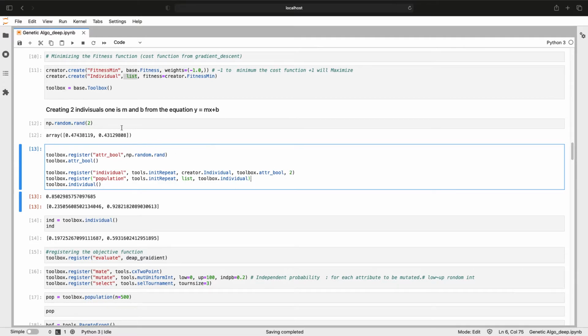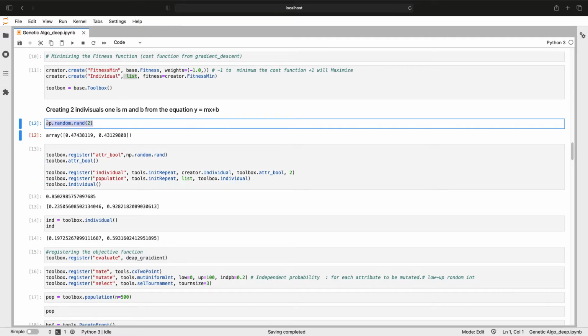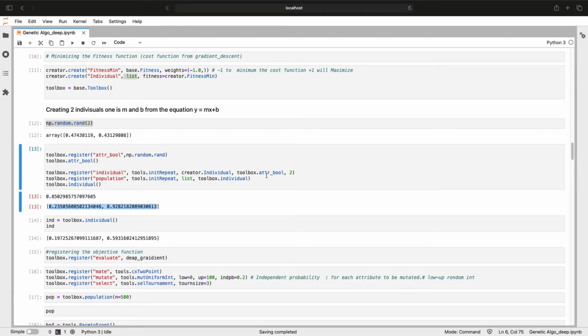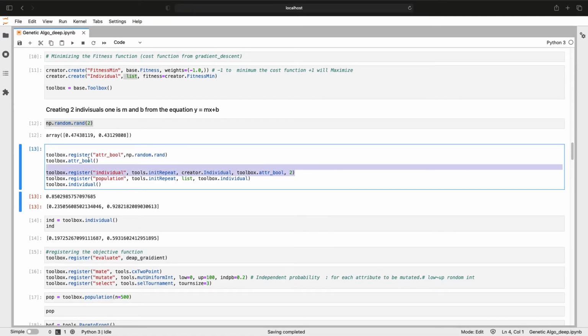So if you see in the numpy function, if I pass 2 here, it is giving two randomly generated arrays. So this is what I'm getting here, right? And this whole setup is used by population. So population is basically containing these two pieces of information inside it.